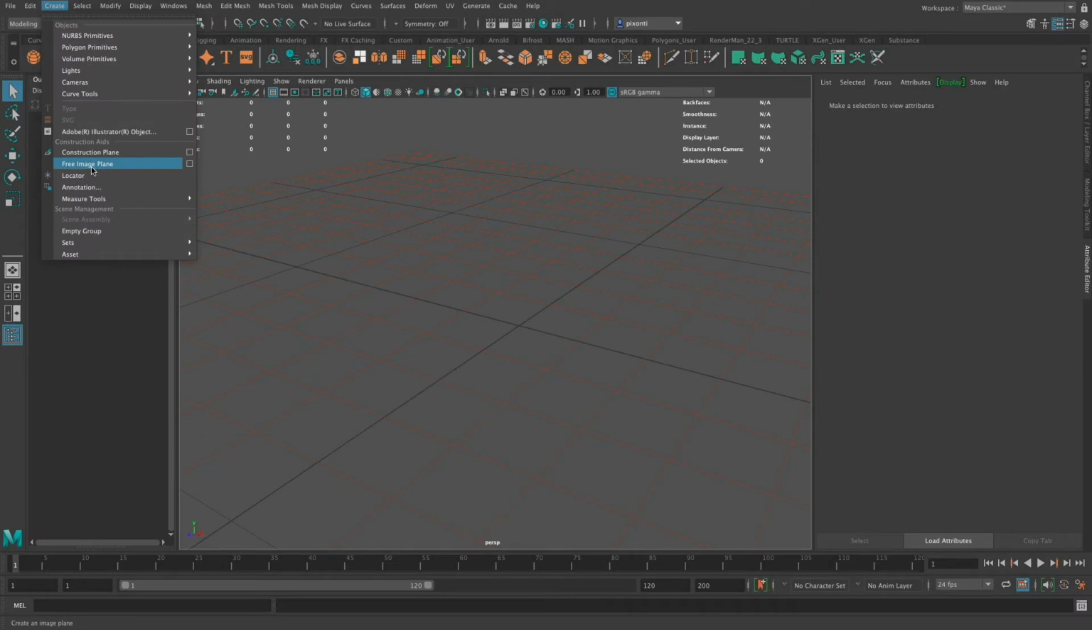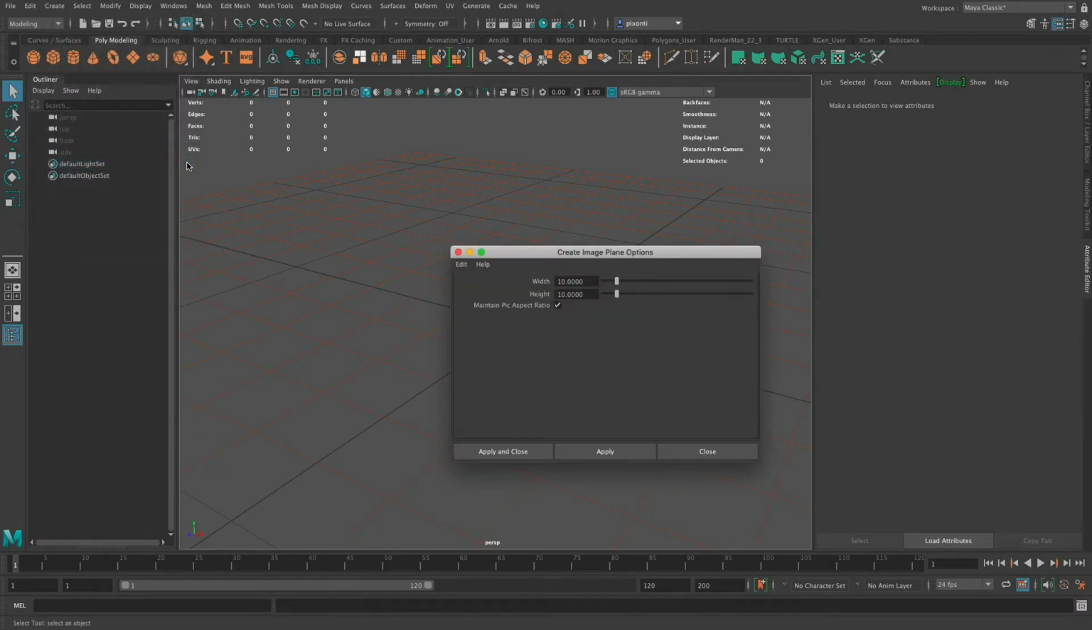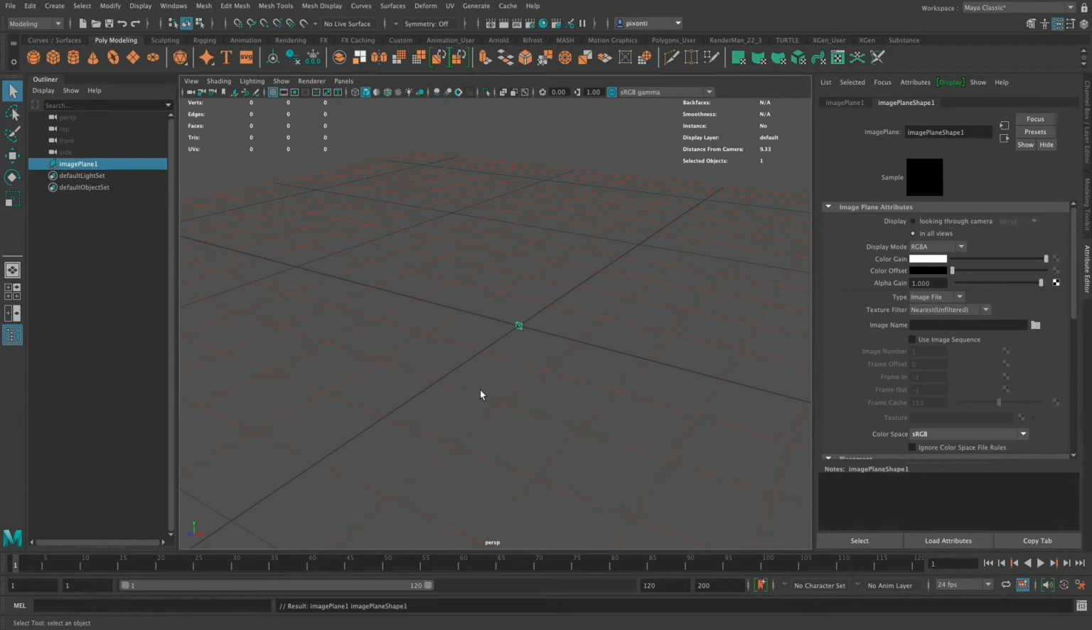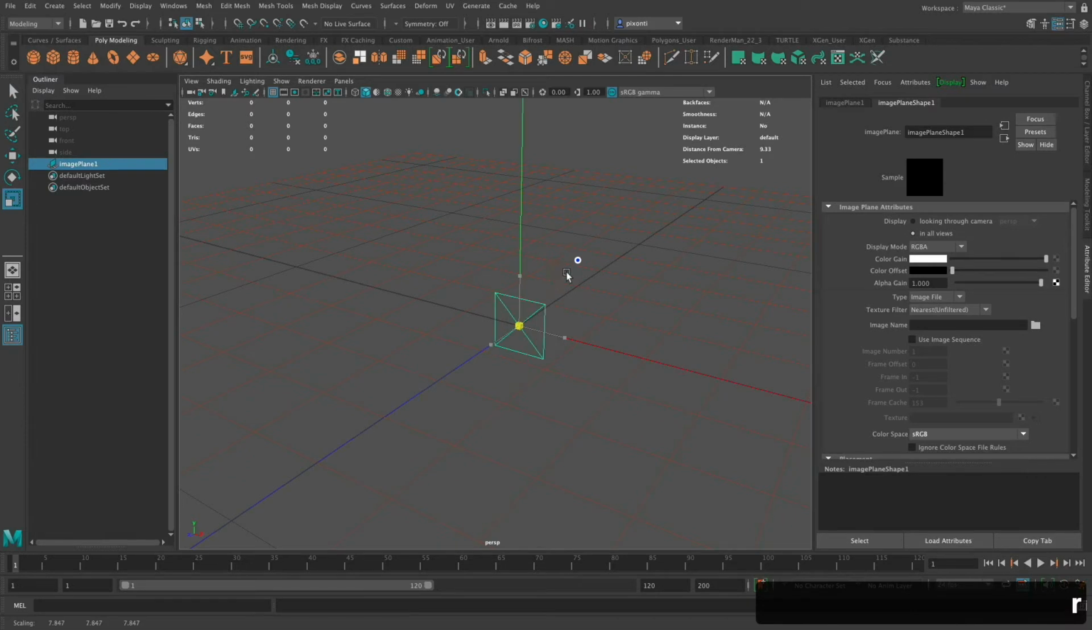I'm going to go to Create and Free Image Plane. And what this is going to do is it's going to set up a plane for me to add these images to, and then I'm going to go ahead and apply and close. But you notice it's pretty small. So instead of just hitting R for scale and scaling that up, which is totally possible for you to do,